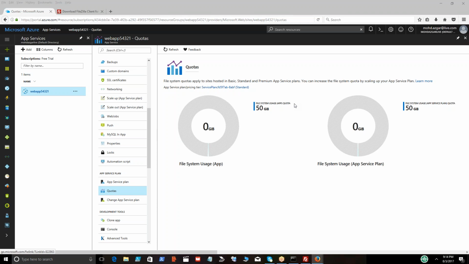If the application is hosted in a free or a shared plan, then the limits of the resources the app can use are defined in the quotas. What are the limits of my service plan that I've selected? Is it basic, standard, premium? What is the CPU? What is the bandwidth? What is the file system that I'm using? Okay,